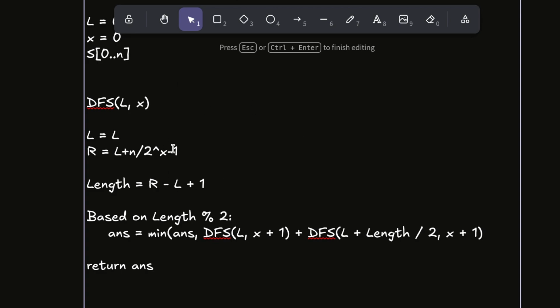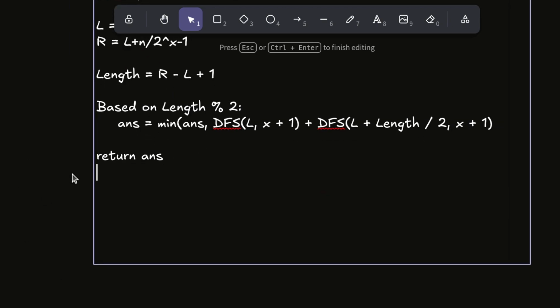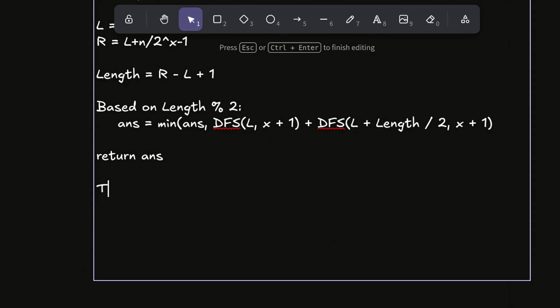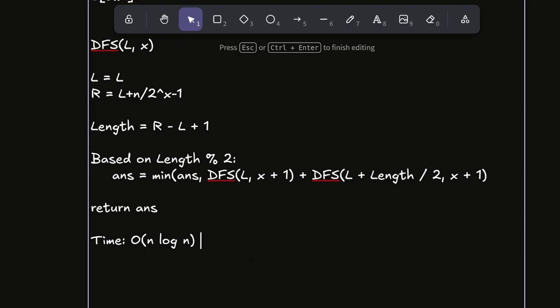I think that's straightforward enough, because we have this recursion stated here. Then we also analyze the time complexity. So the time is mostly going to be O(n log n), and the space